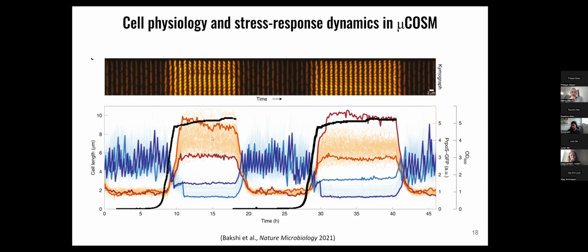But it also shows nice heterogeneity. So for example, you can see this orange stress where the cell was really highly stressed in the first round of stationary phase. In the second round, it actually had quite a low stress response, whereas the red stress, where the cell was one of the lowest in the stress response level in the first round, actually had a really strong stress response in the second round. So it shows that these are purely phenotypic responses, and they create quite a large variability in the stationary phase at the level of stress in individuals.